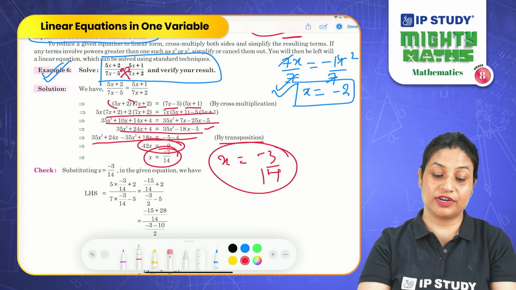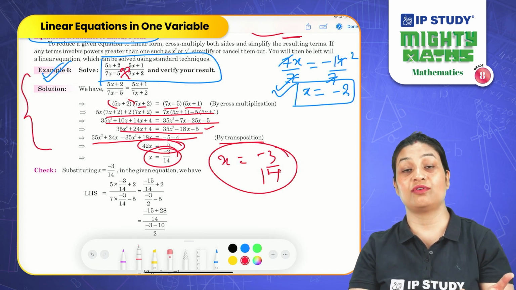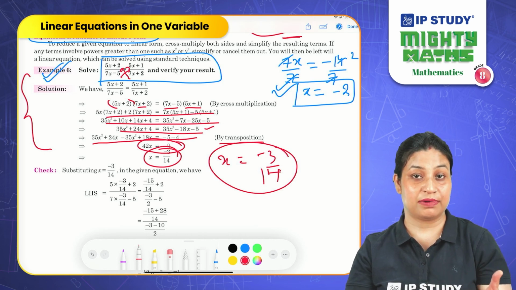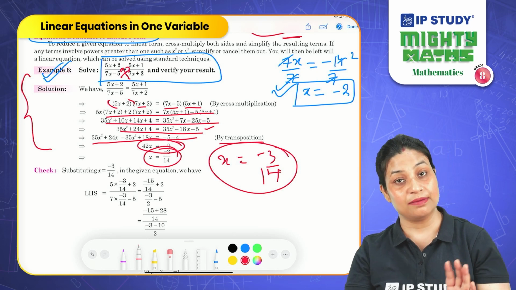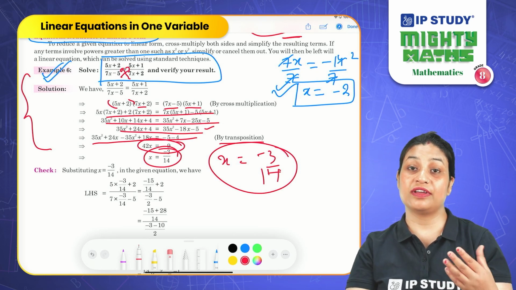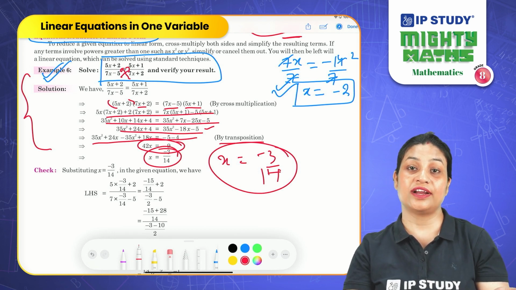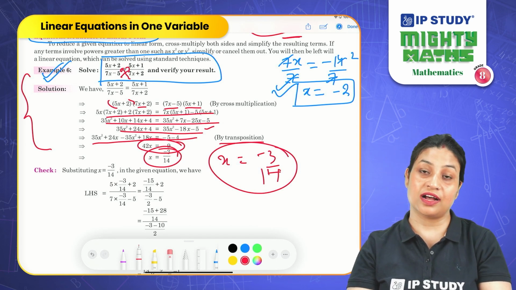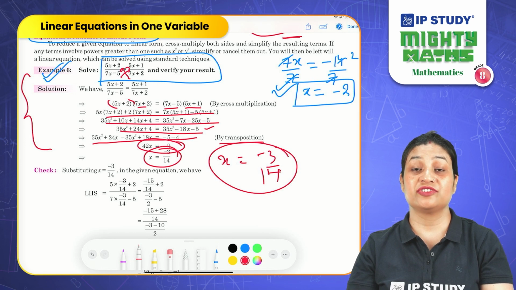So I hope, dear student, you have understood how to solve a complex equation in order to find out an unknown variable. For that, cross multiply first, solve it, and reduce it to a simpler form. When you get the simpler form, try to find the variable. If it is possible, apply the first 2 rules. If it is not, then apply the transposition rule and further reduce it to its standard form. You will get your answer. I hope these examples and rules are very clear to you.